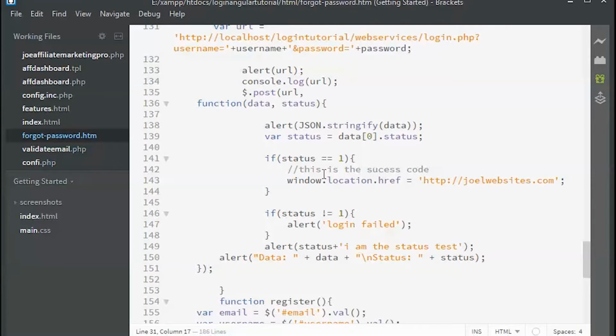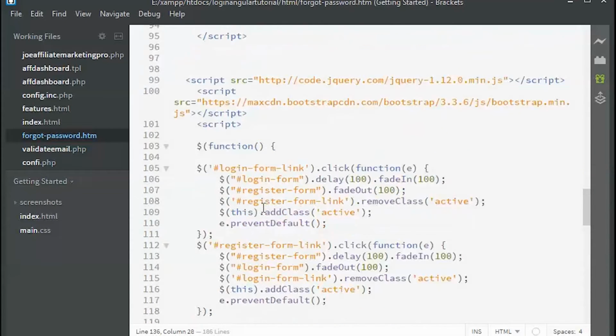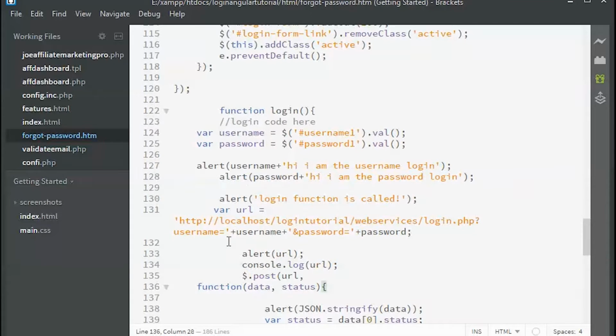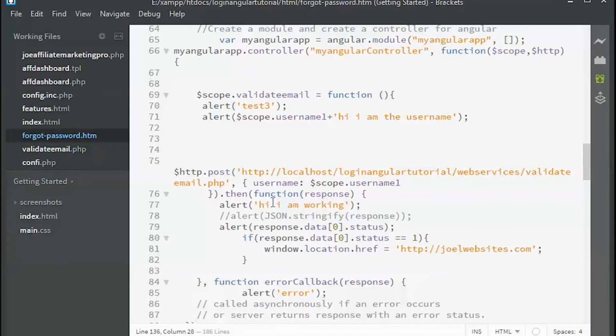So here when the status is 1, let me explain this part of the code, as many people are confused about this. Basically we are just making a call to the web service, right? Let me just find out where it has been written. Here it is. Okay, here is the correct place.